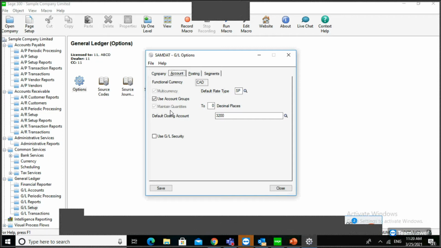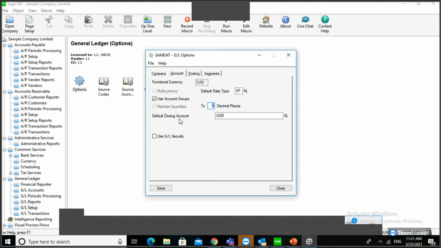When you are just, say, selling 20 pens or something, you can keep the quantity when you tick this option, when you are doing the general ledger journal entry. That's the purpose of it. Then here you can see the decimal, how many decimals you can give in the maintain quantity.